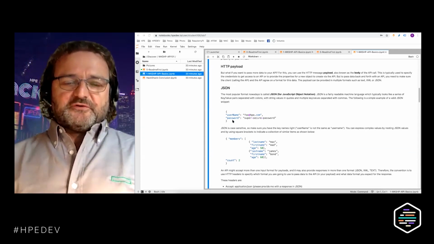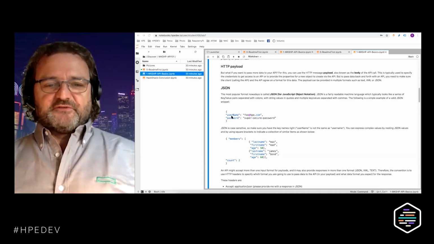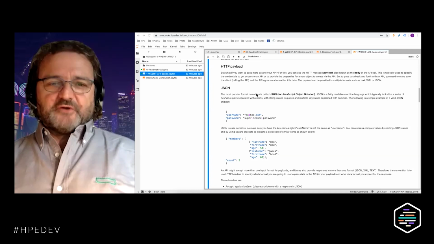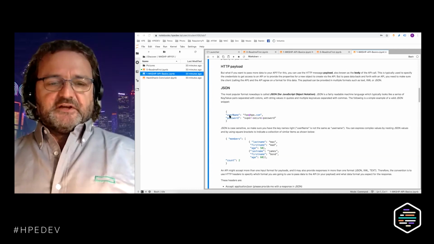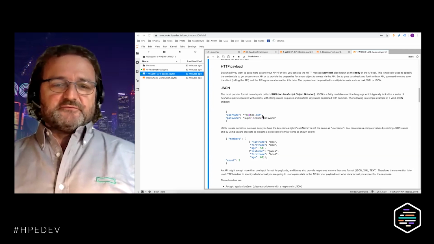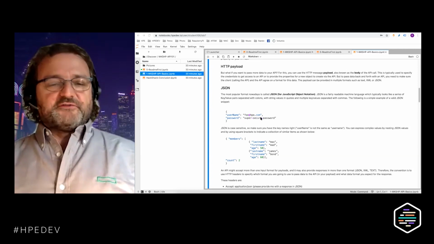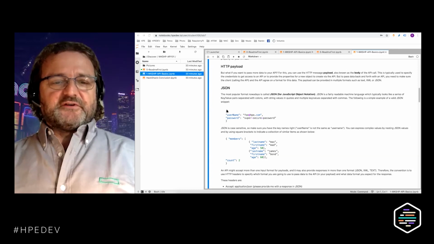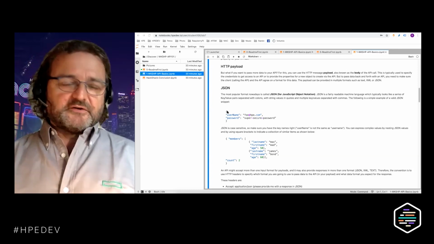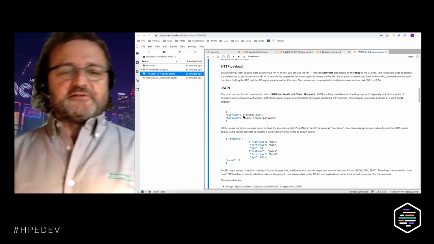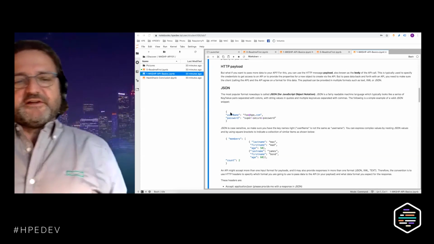I think it's a little more readable, and it's always going to be a key pair, as I said earlier for HTTP headers, which is a key, like in this case, username, and a value. If there are strings, they're always double-quoted, and then they are separated by a comma. So it's always going to be a curly bracket open, curly bracket end, and a comma separated list of